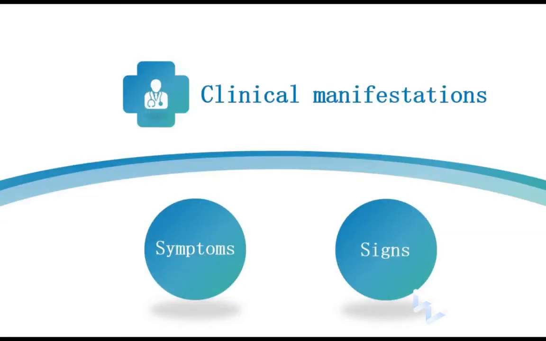And now, let's move to the clinical manifestation. You can find that a lot of symptoms and signs are described in your textbook. It's complicated, right? But I think we can try to find some methods, such as dividing them into different groups. It's much easier for us to keep them in mind.